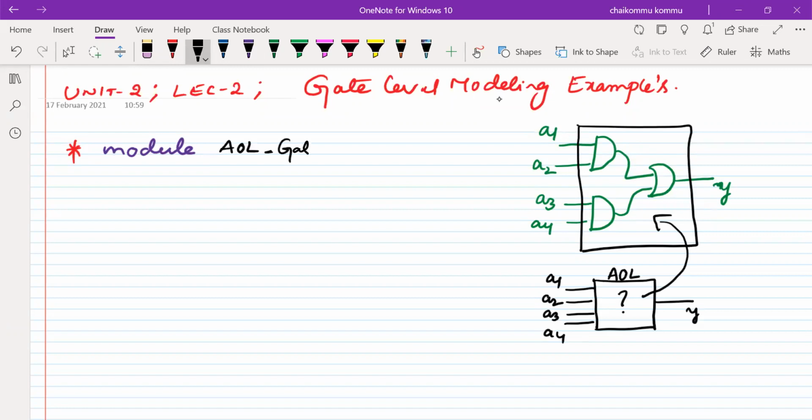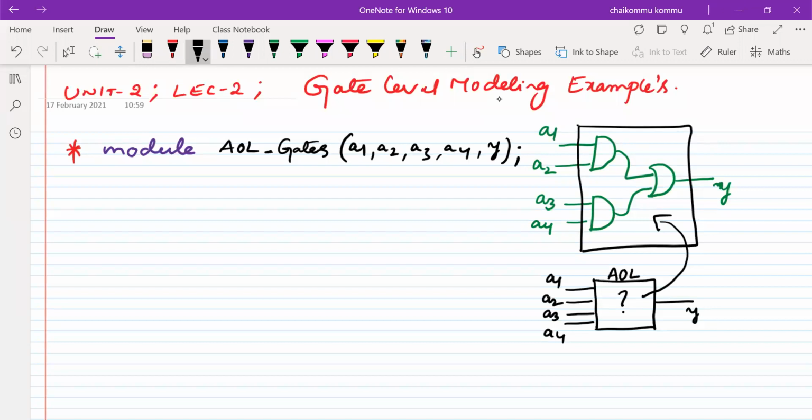Whatever name you are interested in, you can write that. Now, what are the variables? The variables are A1, A2, A3, A4, and Y. So these are the variables I am using.